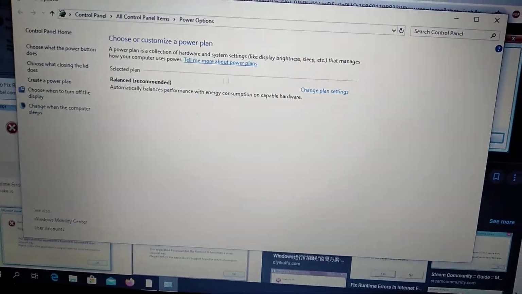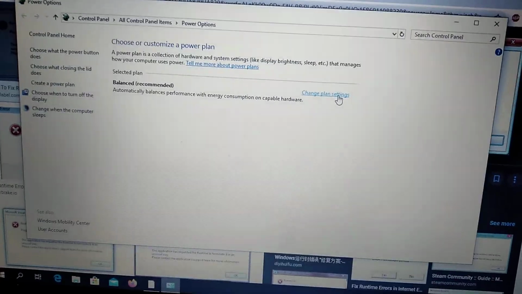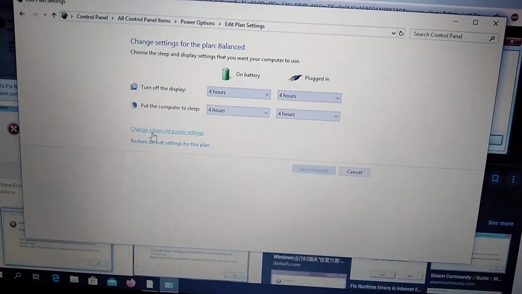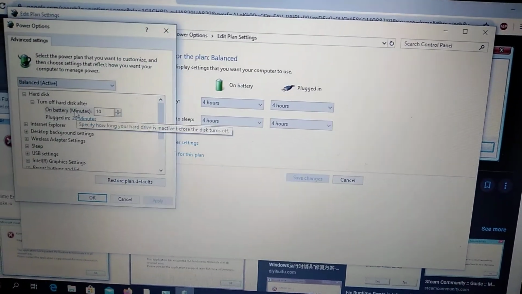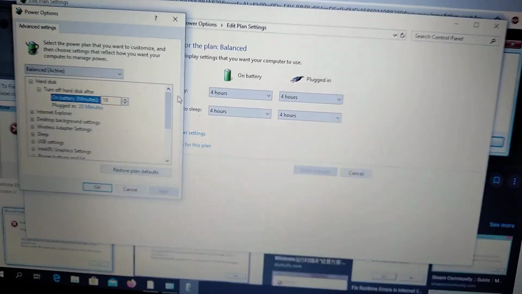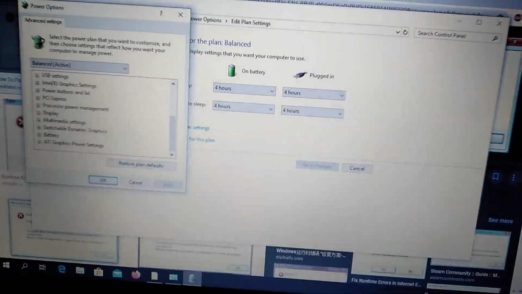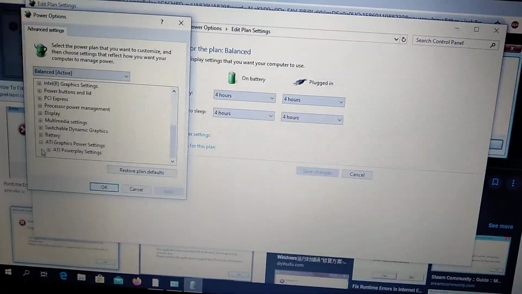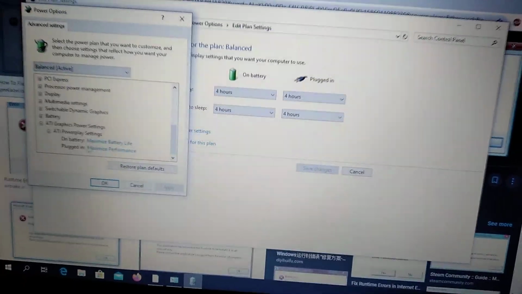So here you will see your power options. Choose change plan settings, and here you choose change advanced power settings, and here you scroll down and choose AMD graphics power settings. So just click here, and here you will see